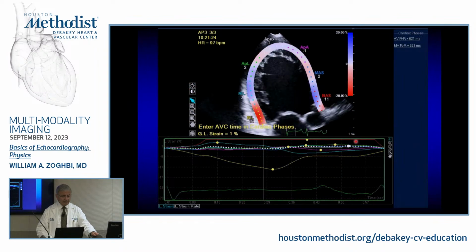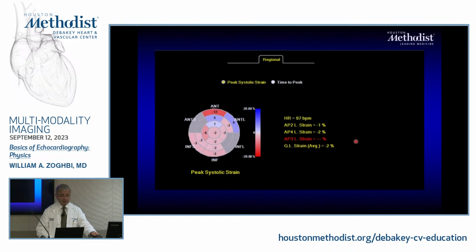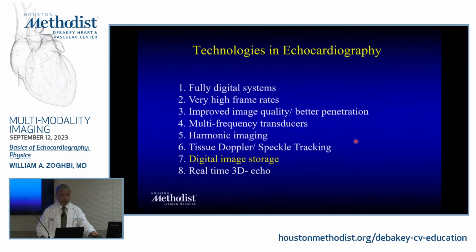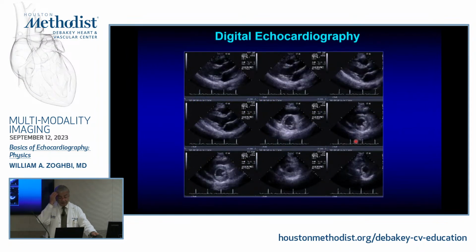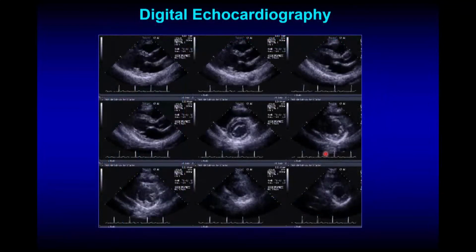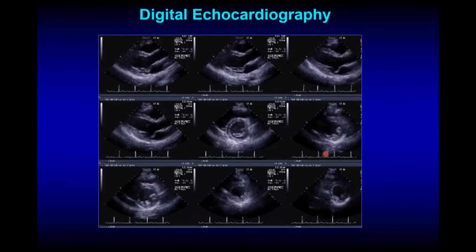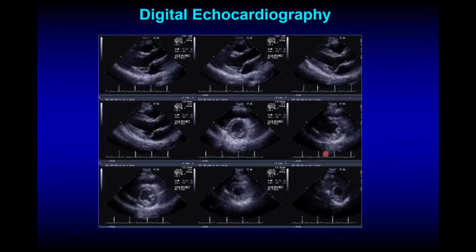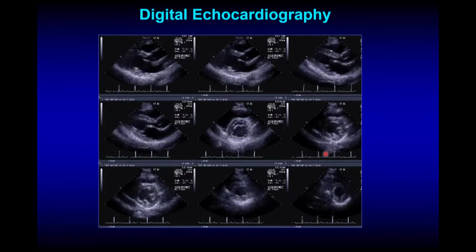But I think it really is a very quantitative index nowadays that can add to your measurement of function, of ejection fraction, etc. Digital storage you don't have to worry about because it's already available for you. The beauty of digital storage and previews like this is, remember, if you're going to go and measure, I want to pick the one that is less foreshortened, right? I want to pick, so it is the availability of multiple of these.